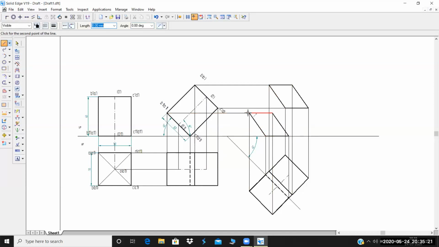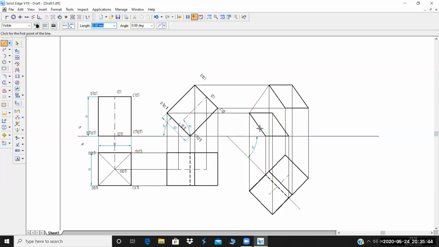From A1 to A, when you join this line, it is not cutting any of the edges, either A1 B1 or B1 C1 or C1 D1 or anything. The line I'm drawing right now is not cutting any of the edges of the bottom face. So just connect it.